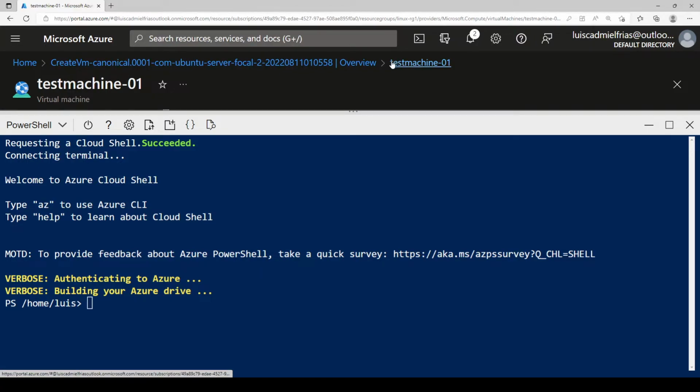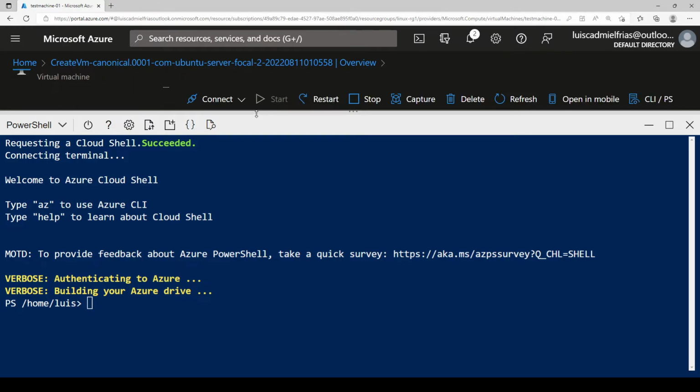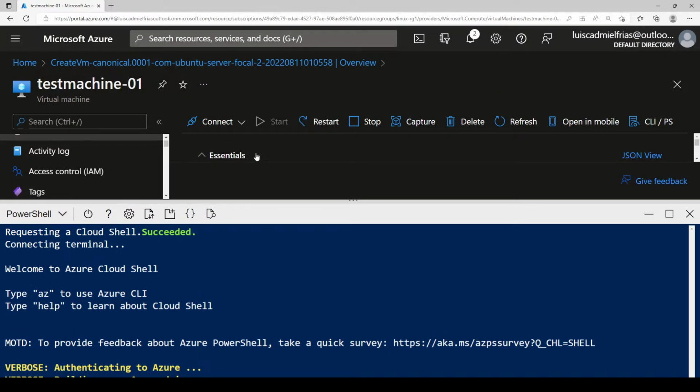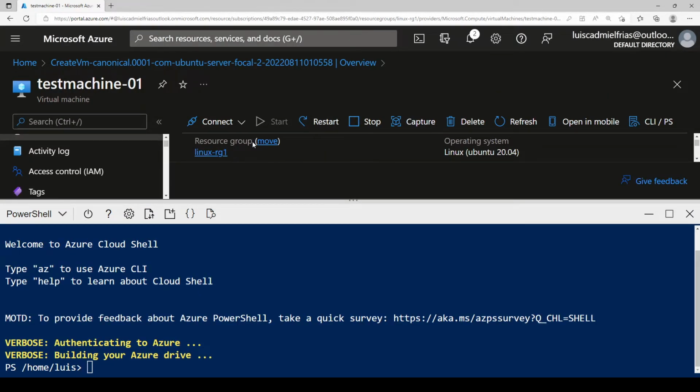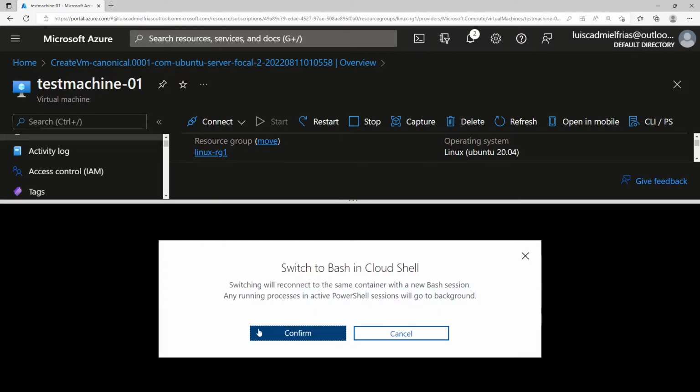So for the test machine, we're going to need our resource group name. Let's go to bash, sorry.